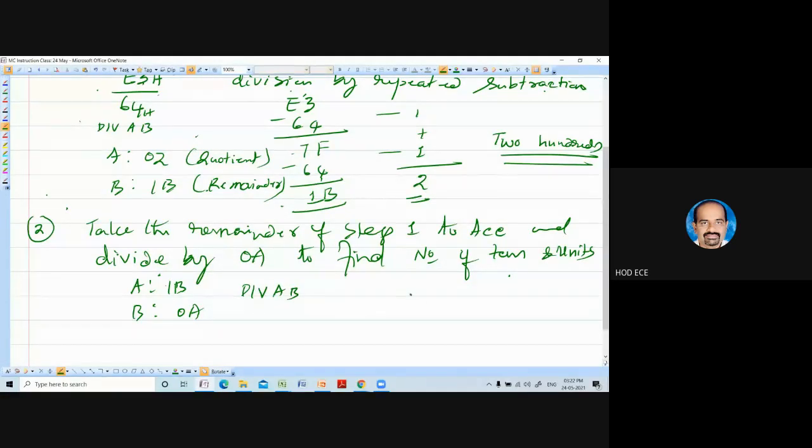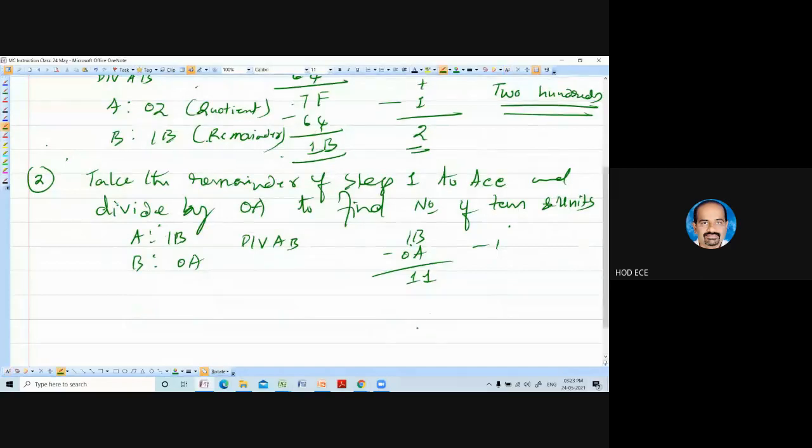To find how many tens there are, just for the demonstration, do the repeated subtraction. 1B minus 0A is 11. Once you have subtracted, 11 minus 0A, that is 17 minus 10, is 7.